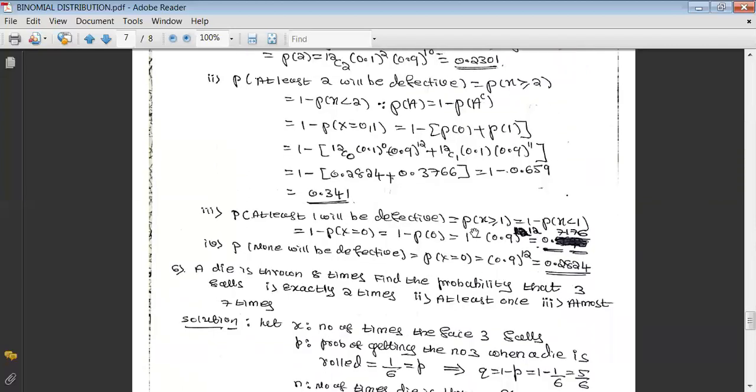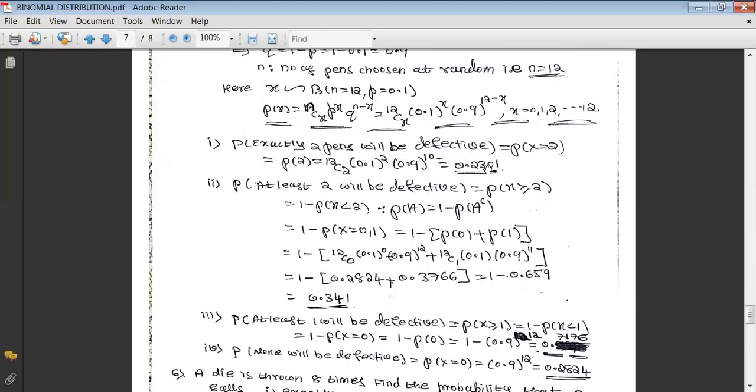Third one is at least 1. That's again greater than or equal to 1. Using the complement, it will be 1 minus p of x is less than 1. Less than 1 means permissible value is 0. That becomes 1 minus p of 0. Once you take x equals 0 here, this becomes 1. This becomes 1. When you take x equal to 0, simply look at 0.9 raised to 12. That will be